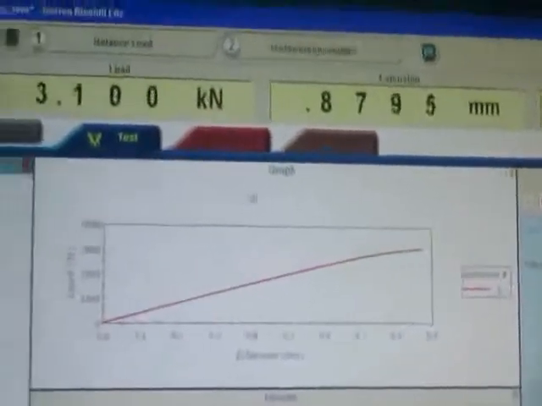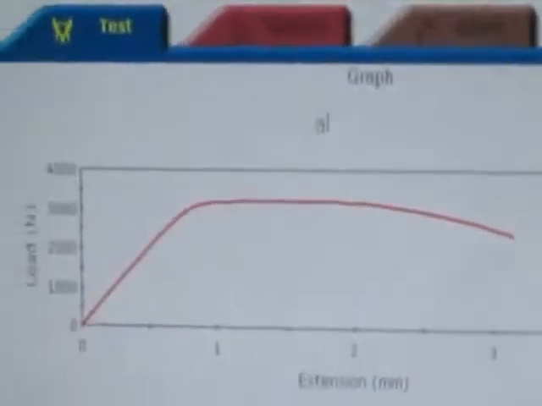After some time, some amount of necking behavior will initiate in the gauge length area. You can clearly see a neck has formed in the gauge length area. The cross-sectional area has started to decrease. Further necking is going on. Finally, the specimen will break. The material has failed now.